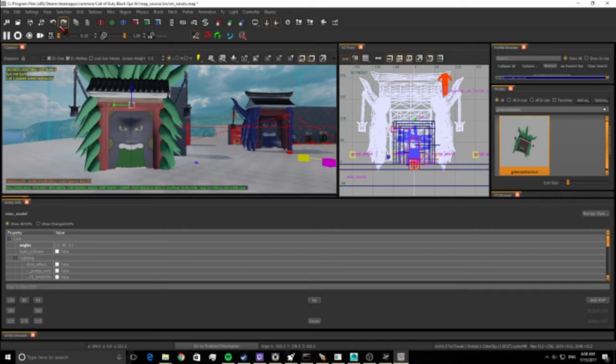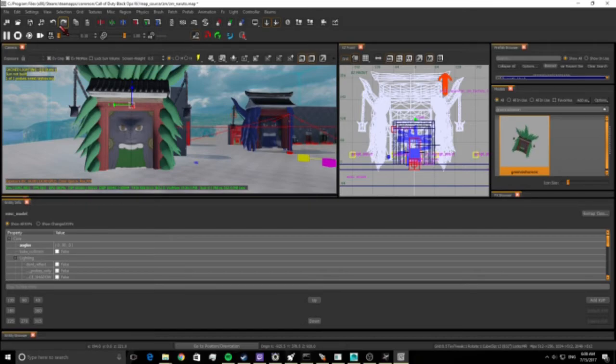And by the way, this should work nearly exactly the same for any model you get off online. It's just a little bit different. Like, you don't need to do the FBX step, and you can do it straight from the OBJ and all that, but there's other tutorials out there for those. This was strictly for people that have been struggling with getting